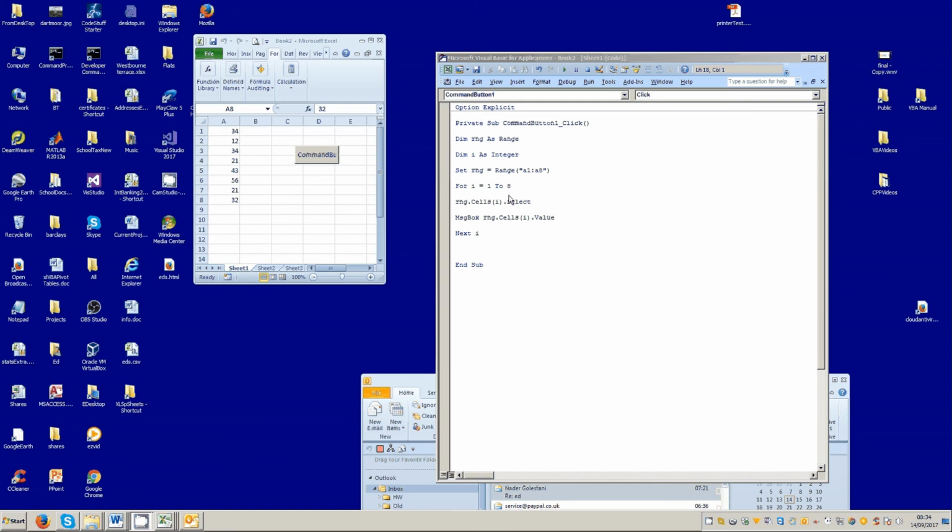Incidentally, there's a nice way of dealing with this range here. What I'll do is make a name. The easiest way to make a name is to highlight it and then just type in the name that you want into this name box, rather than going through the formulas and defining names and all that sort of thing. Make sure you press Enter and not just click away. That will define that particular named range, so I can select it,